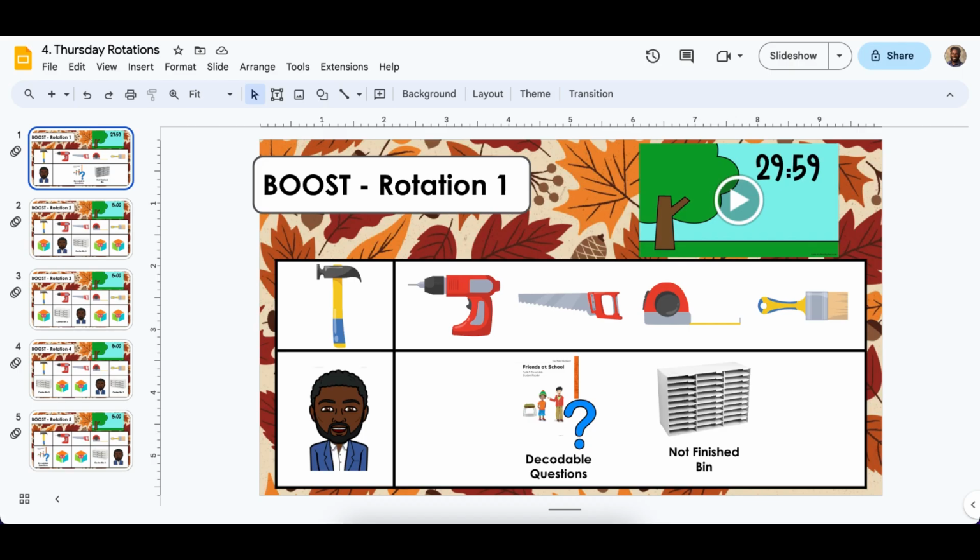Thursday, same thing. They're going to be working on their decodable questions if they did not finish that yesterday. And then they're going to go to their not finished bend. Some friends might not have finished their center 1. Some friends might not have finished their center 2. If they did not finish those, they go in their not finished bend, and now's the time to finish that